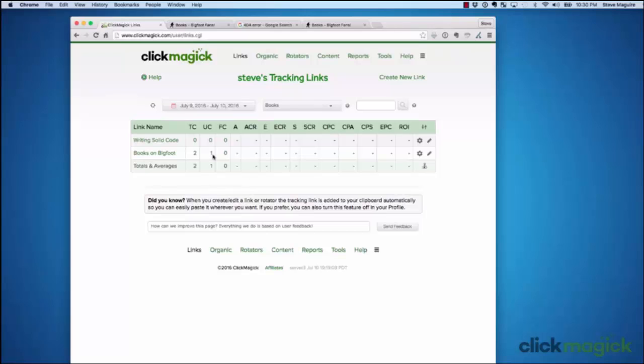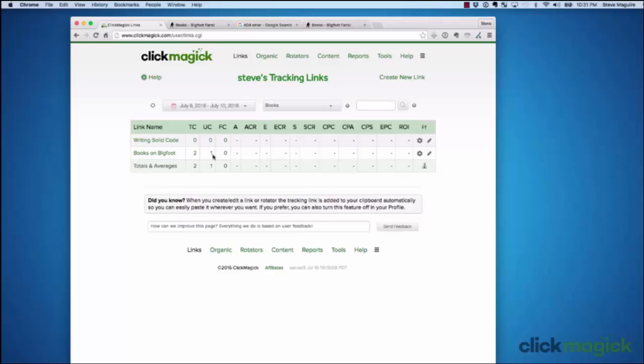ways. For example, in split tests, a returning visitor will always be shown the page they were originally shown. So if you're trying to test that you've set up your split test correctly before you send any paid traffic to it, it's going to be tough because you're always going to be shown the same page as a repeat visitor. On the other hand, for a spillover rotator, ClickMagick will do everything it can to show a repeat visitor a different page because that's exactly what you want in order to maximize your income when you're selling and distributing